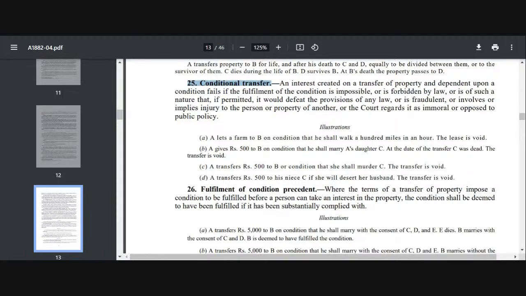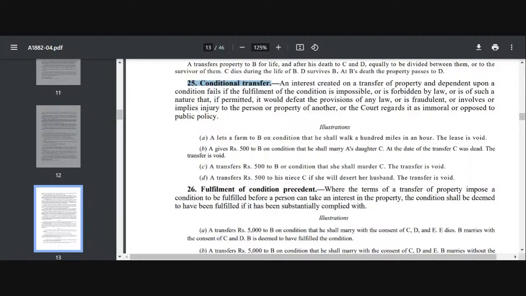This is conditional transfer. Now that condition can be a precedent condition, that condition can be a condition subsequent. Condition precedent is the condition which is preceding the transfer. दैट मीन्स आपको पहले कंडीशन फुलफिल करनी है, उसके बाद ही हम ट्रांसफर करेंगे. सो पहले आप कंडीशन फुलफिल करो, then we are going to transfer the property, right. So for example, if I want to make a gift of my house to you, only if you marry X. So I will make a gift of house to you only if you marry X. This is a condition precedent, right? So only when you marry X, then only I will gift my house to you. So this is a condition precedent. आपको पहले condition fulfill करनी है, फिर transfer होगा.